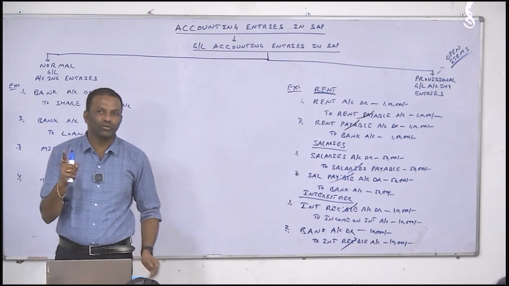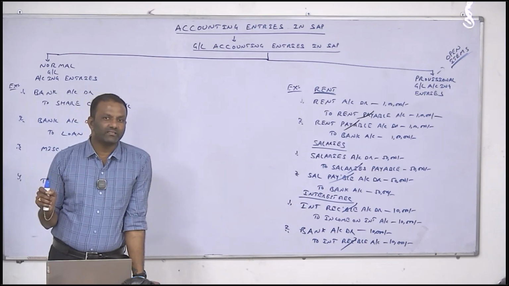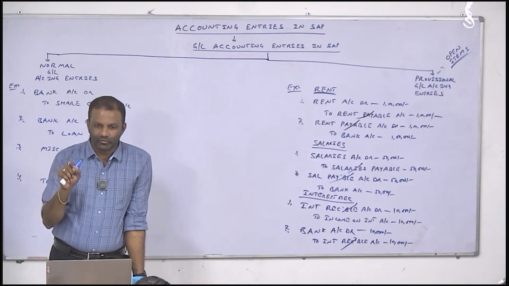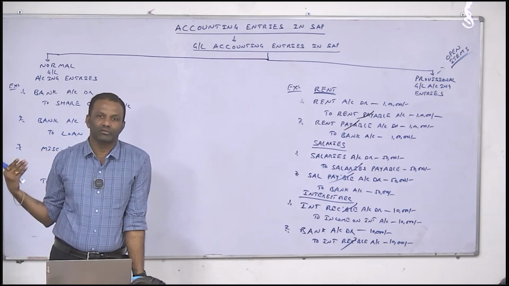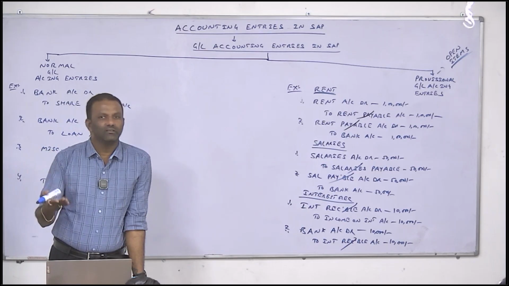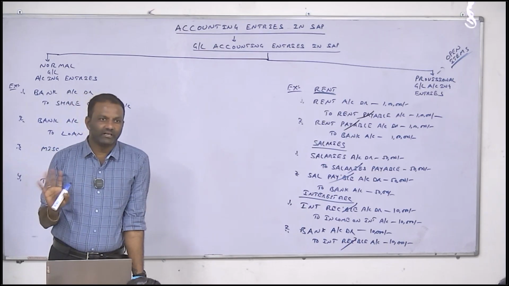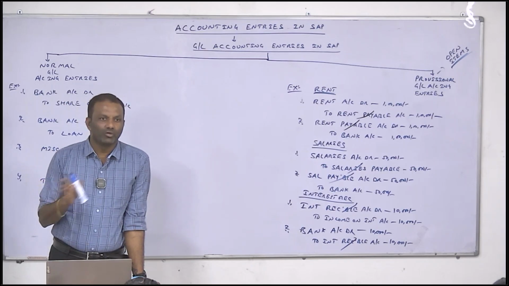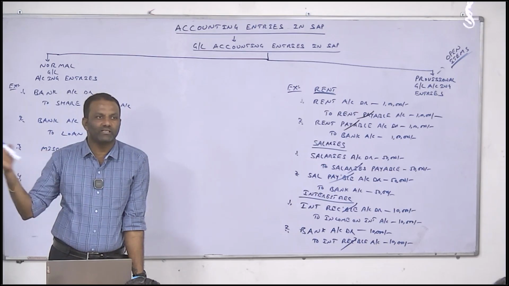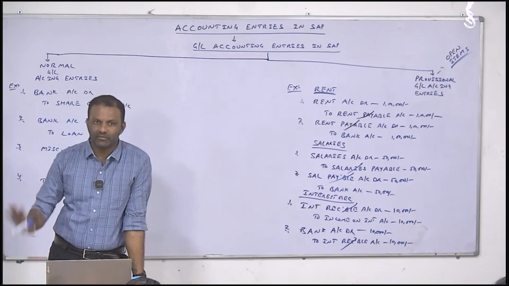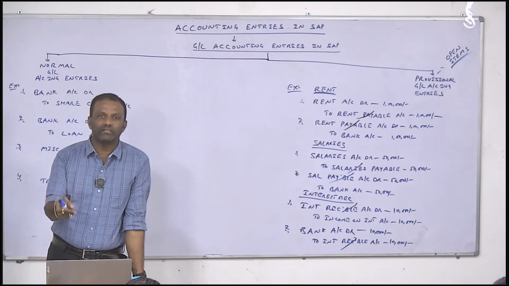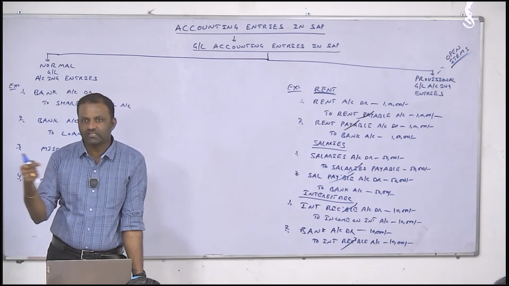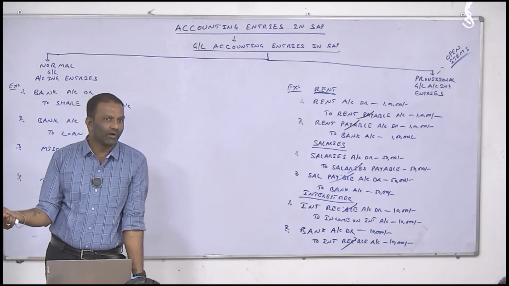Once again, I am telling you, the system always works like a robot. If you give proper input, the system will give proper output. If you give wrong input, the system will give wrong output. The system doesn't know anything, and the system has not gone to any intermediate college. It has not gone to any graduation college to complete CEC, MEC, BCom, MCom, CA, CMA. Right or wrong? The system is like a robot. It is a machine. You should provide the inputs. Based on your input, the system will understand, yes, this is open item management, yes, this is a normal item. Hope you got my point.